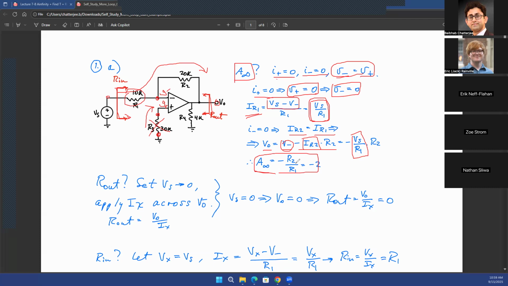So that is minus R2 over R1, which is equal to minus 2. Again, very simple. You have learned this in 3111. To find out R out,